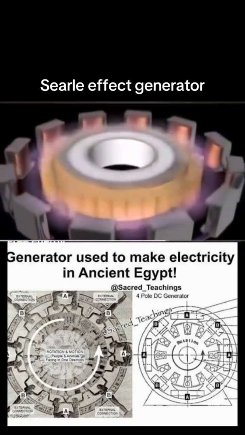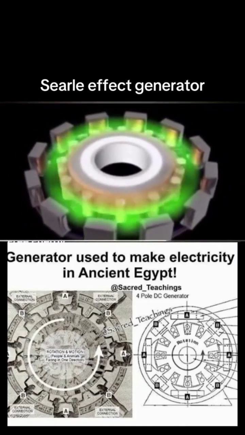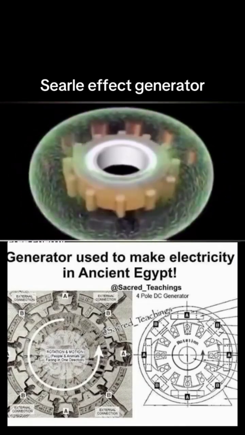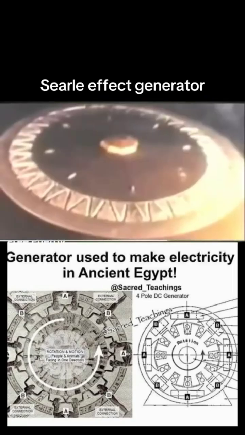John Searle created a generator design that became a superconductor, producing extreme cold and incredibly high voltage that caused it to lift off the ground. But could he control this flying disc generator? One thing I didn't know